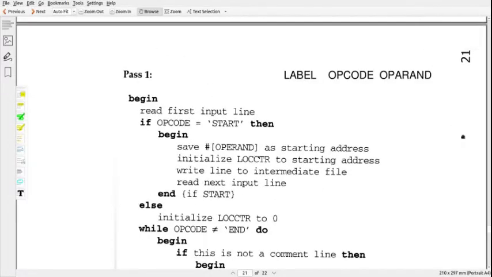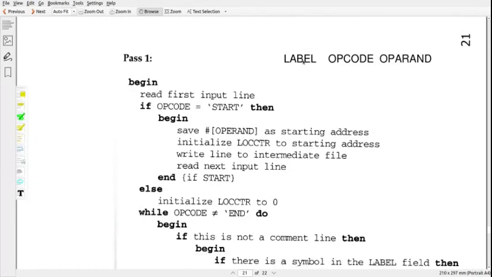Okay, next we can see the algorithm used by the assembler. Usually the assembling operation is performed using 2 passes, pass 1 and pass 2. We will see what the operation in pass 1 is and what the operation in pass 2 is. Before starting the algorithm, let us see the instruction format: first we write the label, followed by the label you can see the opcode, then next is the operand. This is the usual format of an instruction, but the label and operands are not mandatory. There are instructions in which only the opcode is used, with no operand and label, but this is the general structure.